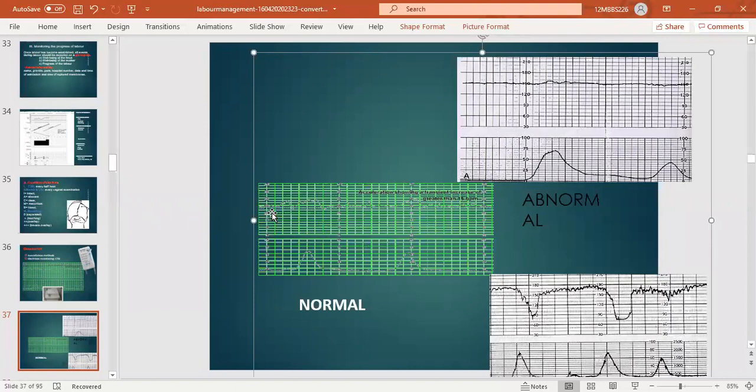Because in the normal CTG, you are able to see that there is a normal fetal heart rate, between 110 and 115, and there is a slight beat to beat variation. Beat to beat variation means if you examine the CTG, all the beats are not coming the same. It should be more than 10 beats per minute. Variability should be 10 to 25 beats per minute. So there is a 10 to more than 10 beats variation, and there is an acceleration.